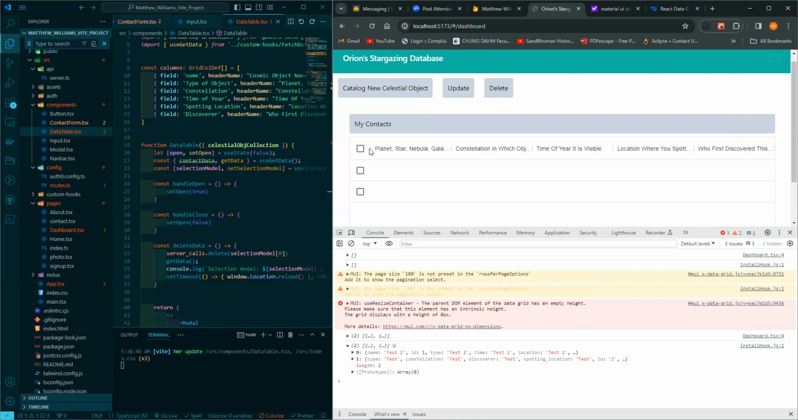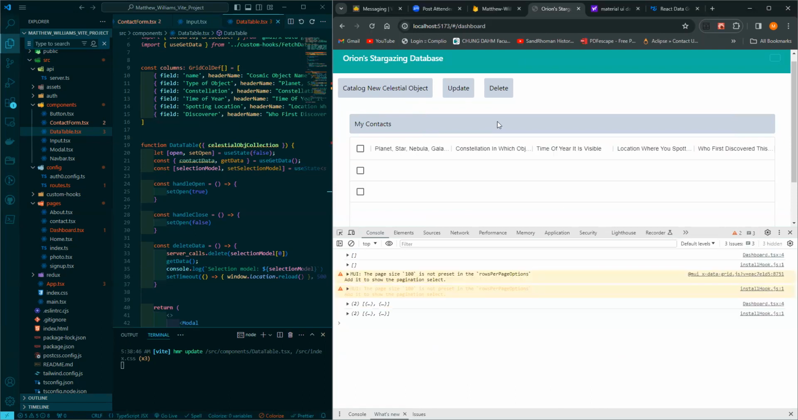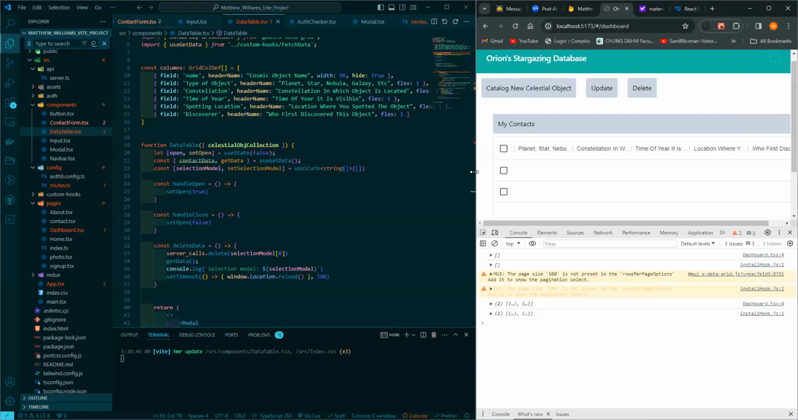Let's see if I can maybe adjust these. Let's start hiding these. Okay, so name there is not an option. But let's see, planet, star, nebula, galaxy. Let's go back to our code here and see. All right, so I'm not seeing cosmic object name as one of our fields here, but I'm going to go